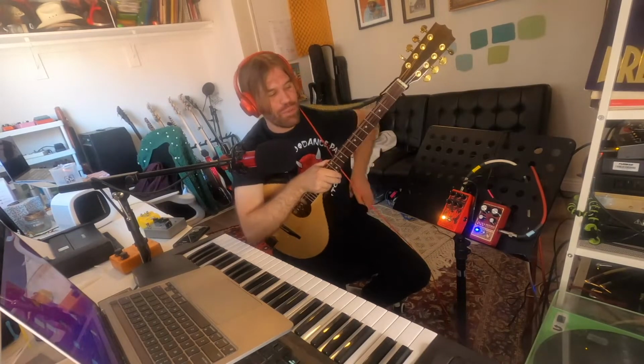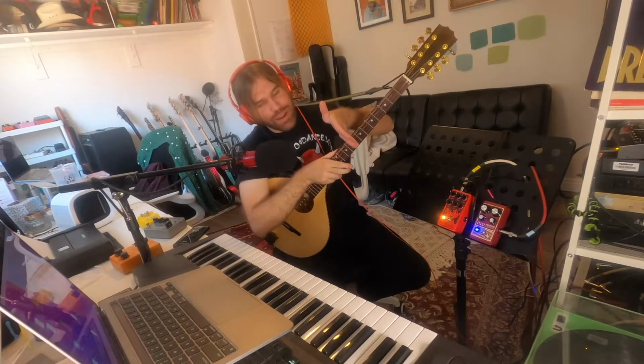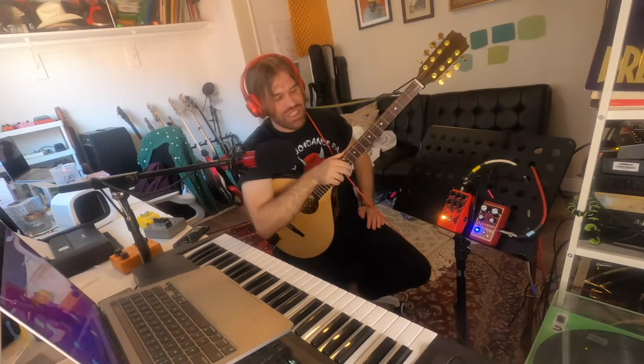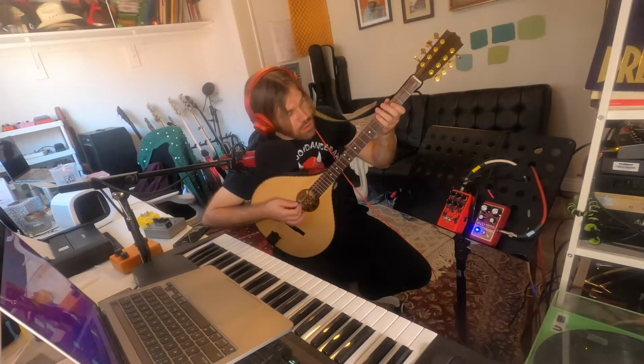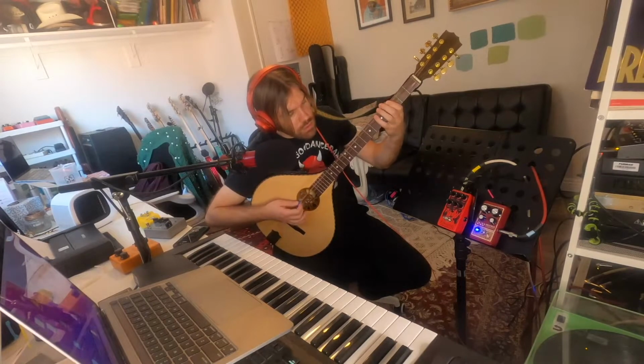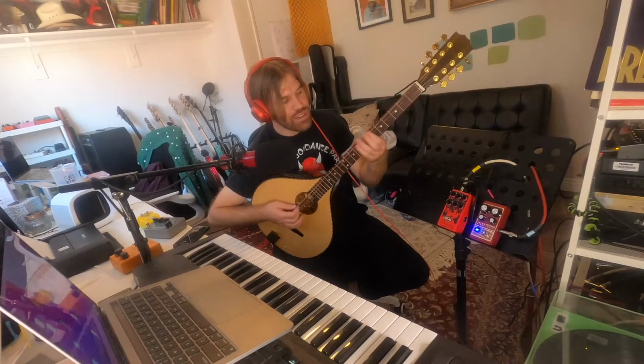Took me a while to get anything workable with this. It does sound kind of cool. It's got that very subby thing, but it doesn't really work once you get around here on the neck. Just not designed for this kind of thing. I wonder if I increase the bass here. Gives it more to latch on to. It's still doing a lot of octave stutters, but